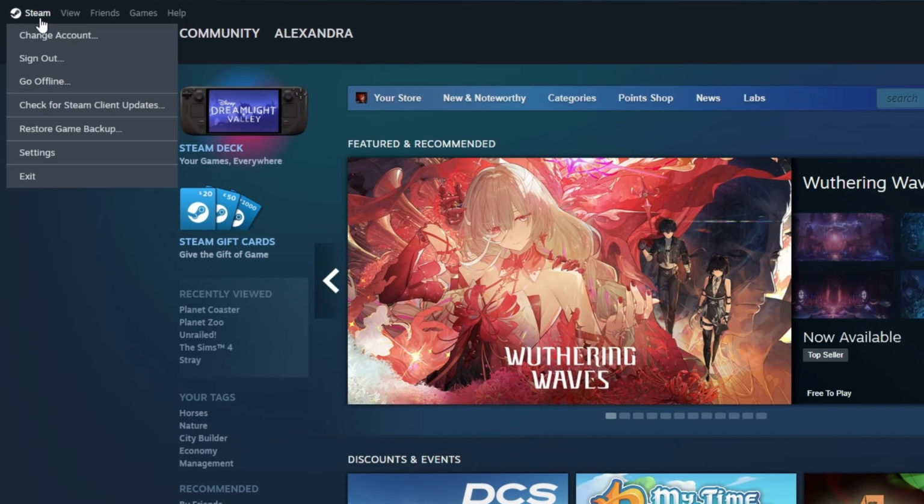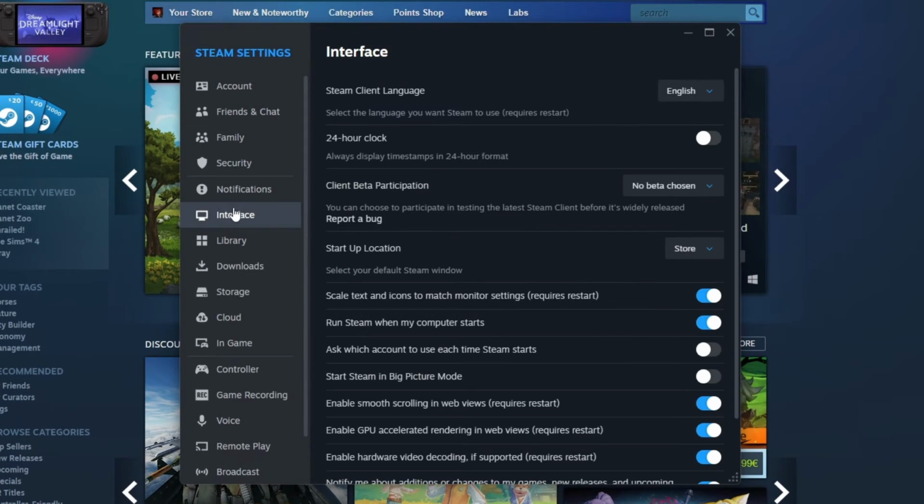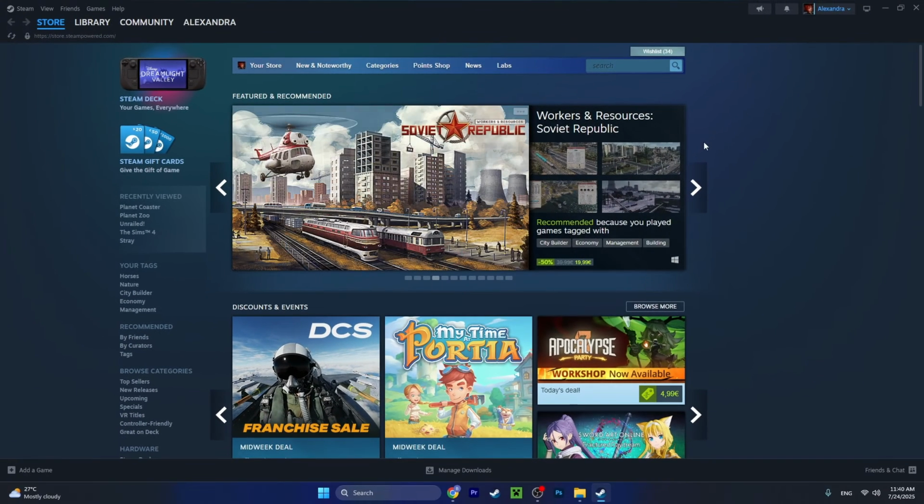Press on Steam from the top left corner, now Settings, and inside Settings, if you go to Interface, you will find a setting which says Start Steam in Big Picture Mode. If you enable it, next time when you open up Steam, it will start in big picture mode and not